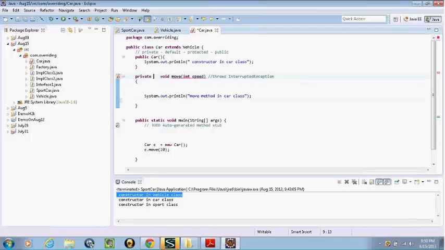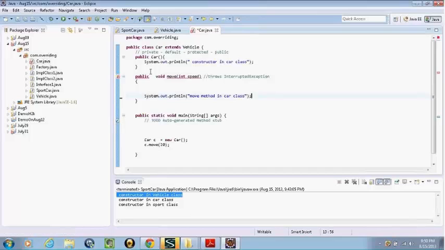You can't override it, but you can access it. Exactly. When we just say final, we can access it. See here, if I make it final, I can access it because protected is the same. Yes, with final, we cannot override the method. We cannot change the behavior of the method.